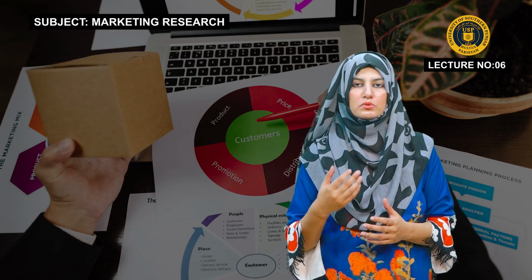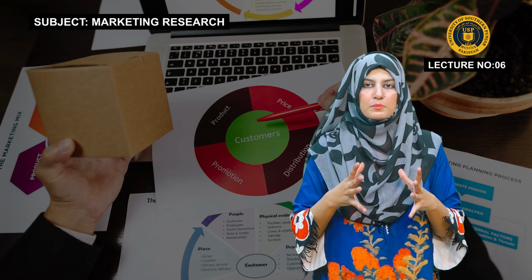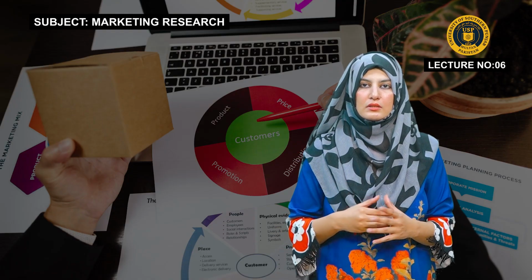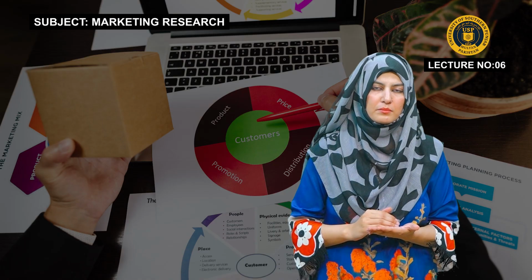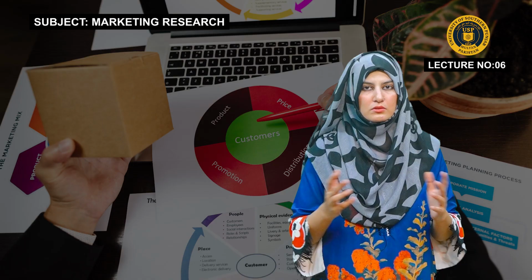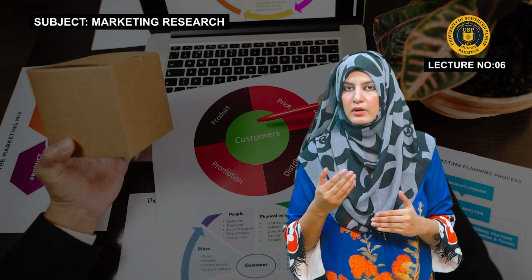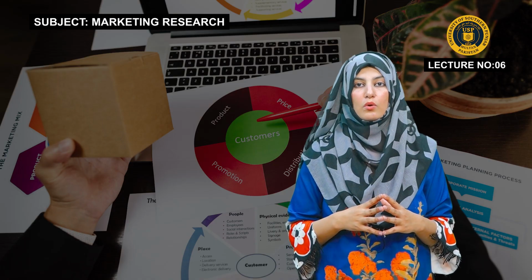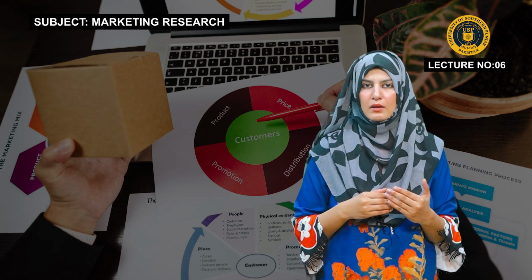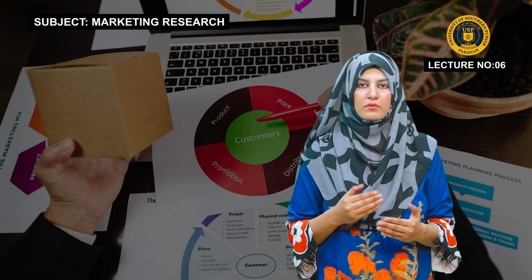Quantitative research was the most suitable approach for Smart Cup because the company's goal was to measure something specific, the effect of price on sales. The question they wanted to answer was, does lowering the price increase the number of purchases? This type of question needs measurable information, not opinions or emotions. If Smart Cup had wanted to know why customers liked or disliked their cup, qualitative research would have been more appropriate. But since the company wanted to measure how many sales change, quantitative research for the Smart Cup